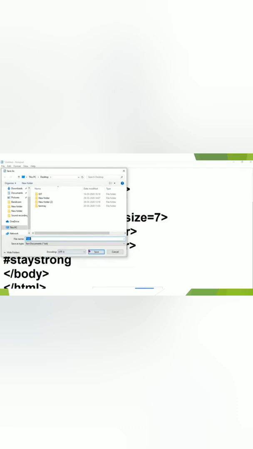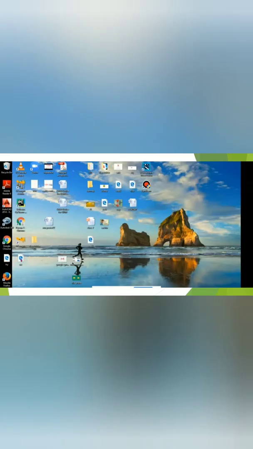Now I am giving some name here. Okay, and here you choose in organized form desktop. I say I want to save my file on the desktop, then click on save. Yes students, I choose here desktop, then I save my file with the name of vui.html. Okay, then I click on the save option. Now I want to see the output of this code. Okay, so I saved my file on the desktop.